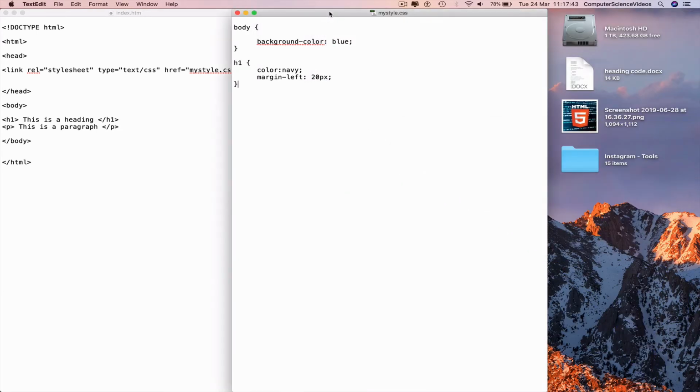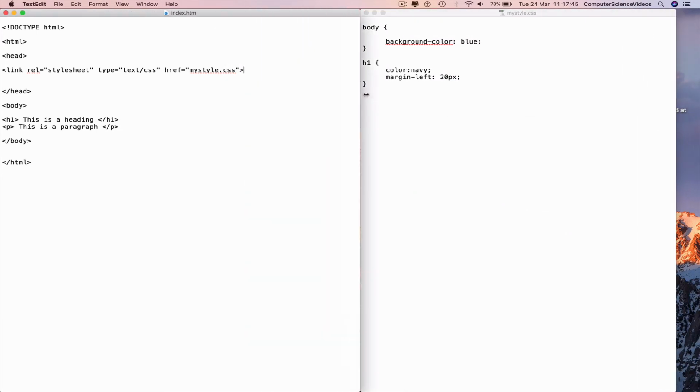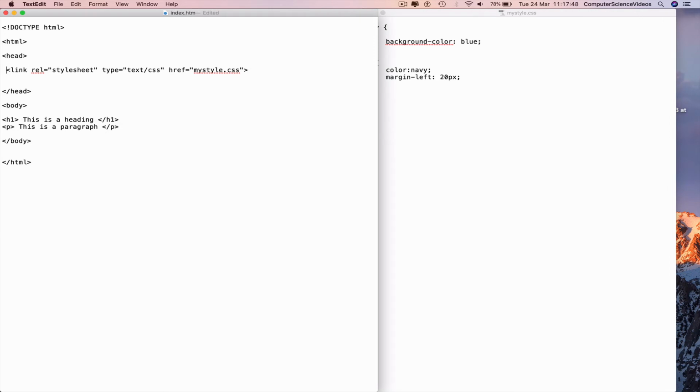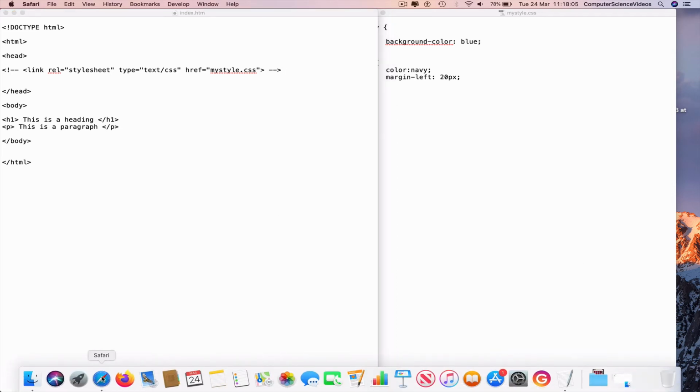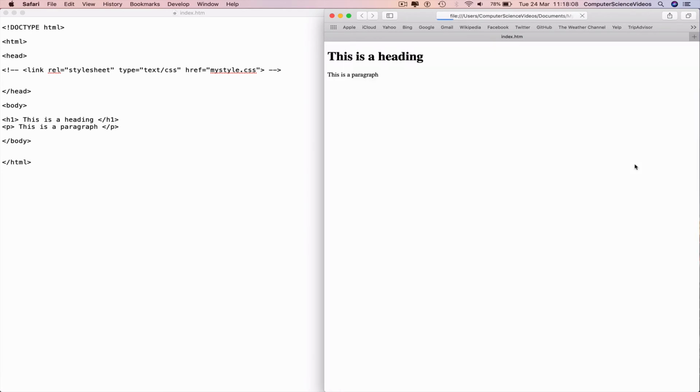Minimize Safari for the moment. We can insert less than, exclamation mark, dash dash, dash dash again, greater than. That will cancel out the line we are no longer working with. Command S to save. Go back to the web browser, right click, reload the page. And what do we have? What we don't have is the CSS; it is no longer with index.html. That's because we are now working with internal